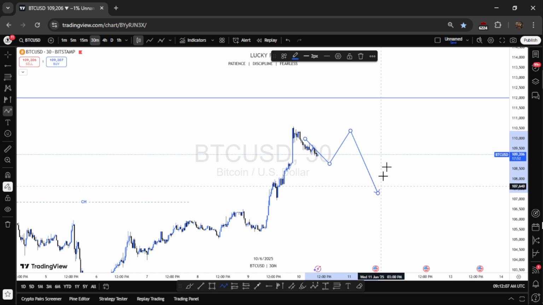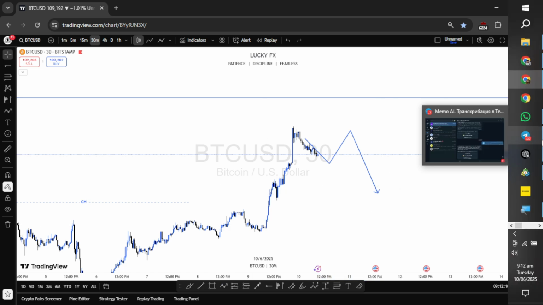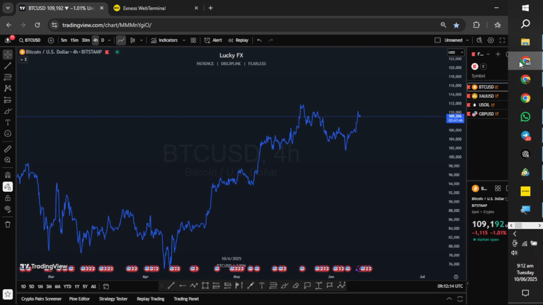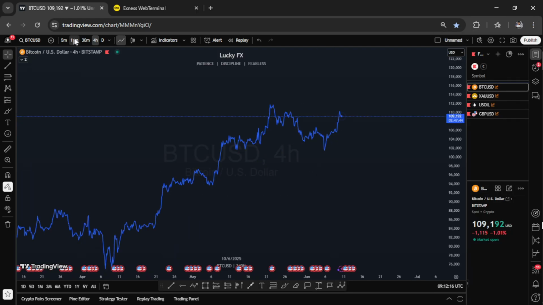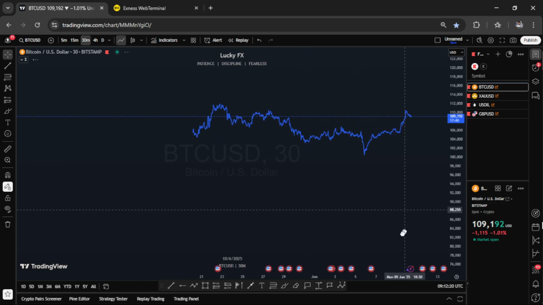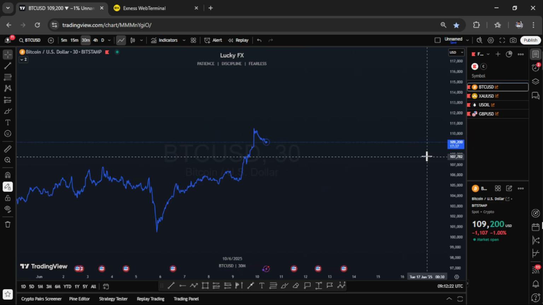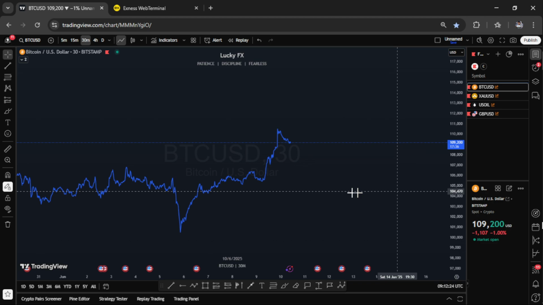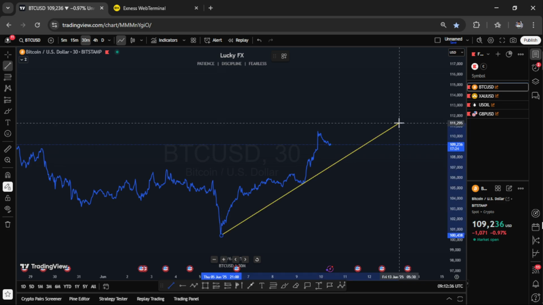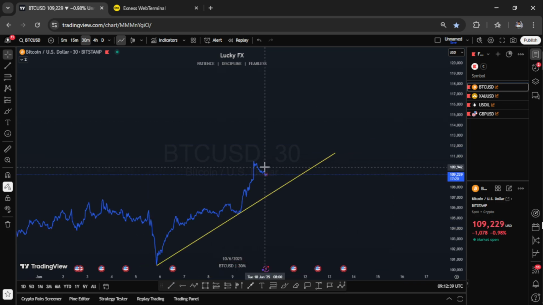Then let me switch to the price action part. Yeah, this is my price action chart. So in this order, if I should come back to price action, drawing trend, let me give it a trend line. Expecting price to drop,